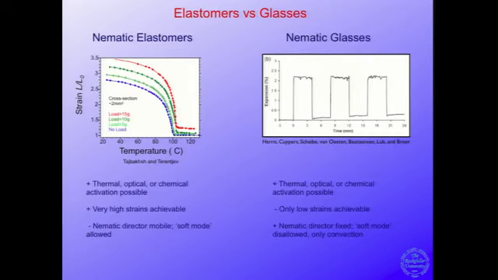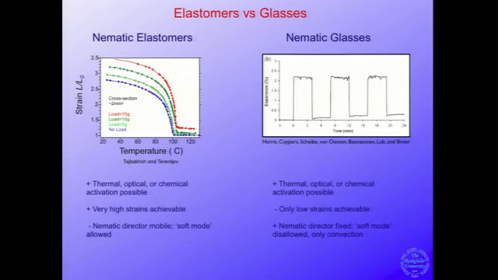There are two main classes of these nematic solids. There are the elastomers, which are very, very rubbery. They're the first ones that were studied. You can get extraordinary strains, 300, 350% on this plot, even higher in some cases more recently. So they're very soft, much like rubbers are. And they also have a very fascinating